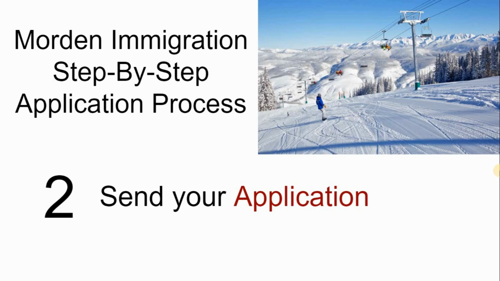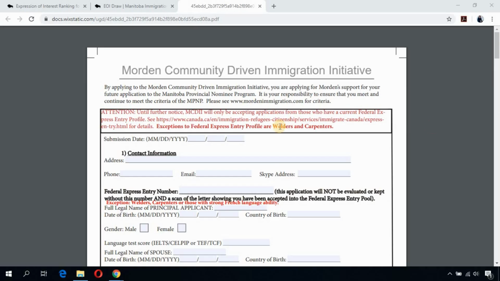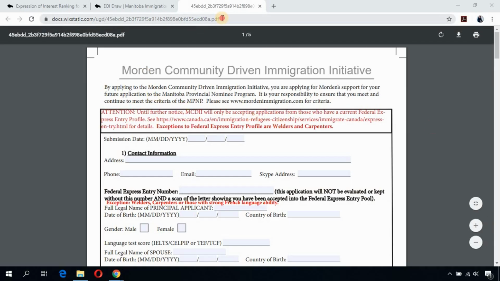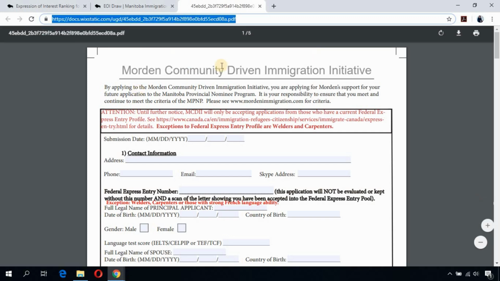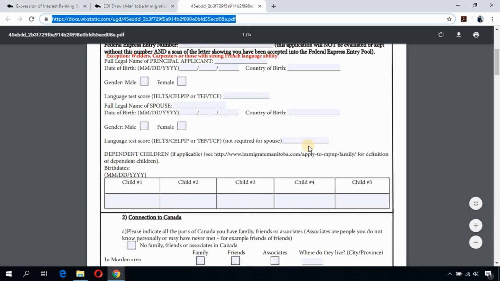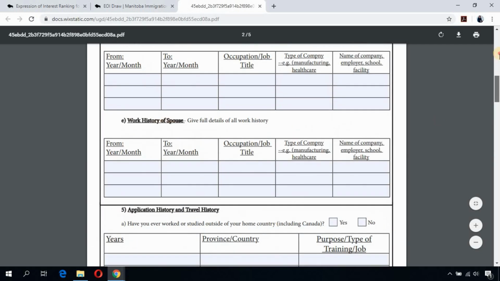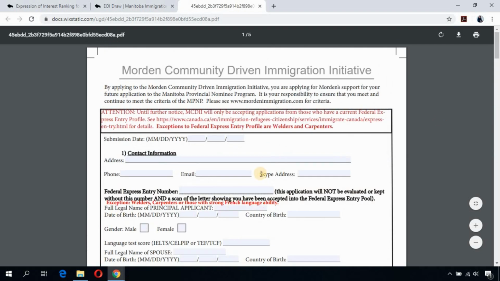The second step, guys, is to send your application. So guys, you just have to fill out the Morden Community Driven Immigration Initiative form and email it to info@mordenimmigration.com. Let me show you guys how you can do this. Alright guys, so to download the form, simply go to this link, which you can also find in the description box below. So simply download this form and then fill it out and scan it, and then send it back to